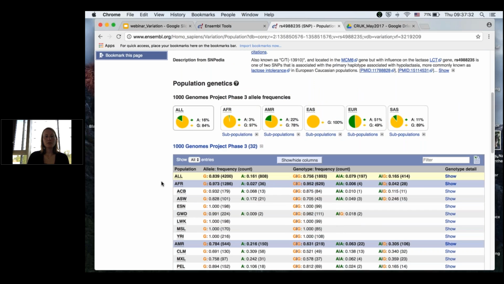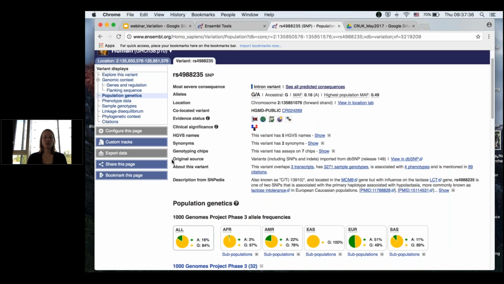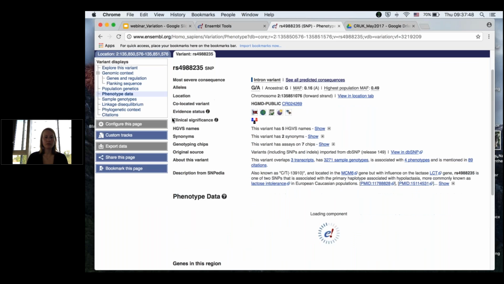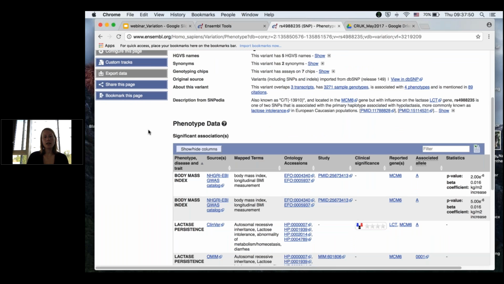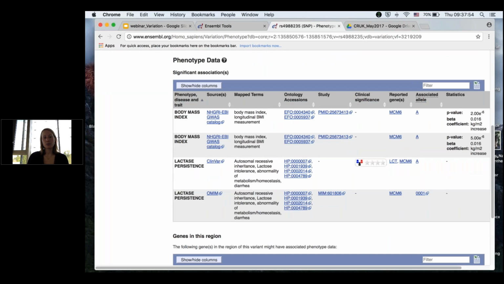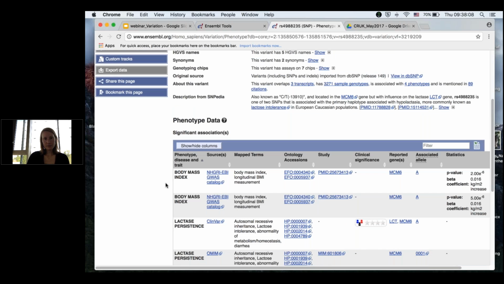Okay. So now the question arises as to what phenotype is linked to this variant. We can click on phenotype data to find out. This loads a table that reports different phenotypes that have been associated with the variant. We can see that one of them is lactase persistence. People who have the variant allele are able to tolerate lactose as adults. We can also see